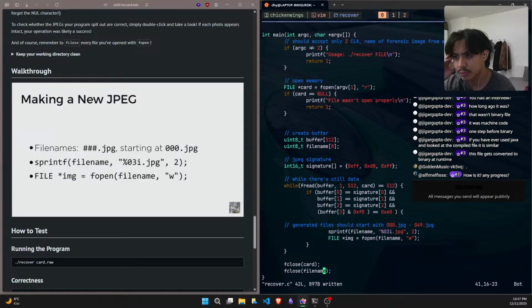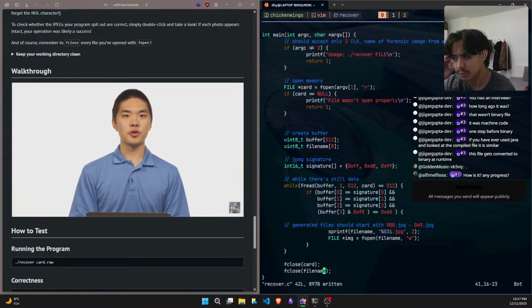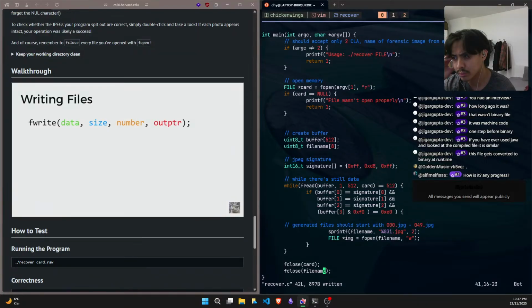And now the second argument to fopen, instead of R for read, is going to be W for writing, so that you can begin to write to this new file all of the data that you're going to find from the memory card. How do you write data to a file? To do that, you can use the inverse of fread, which is fwrite, which is going to write data to a file. Fwrite, just like fread, also takes